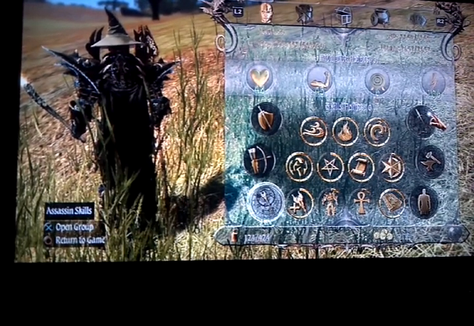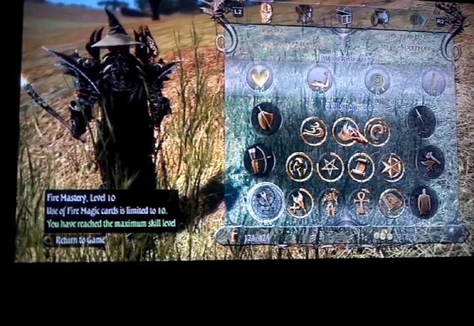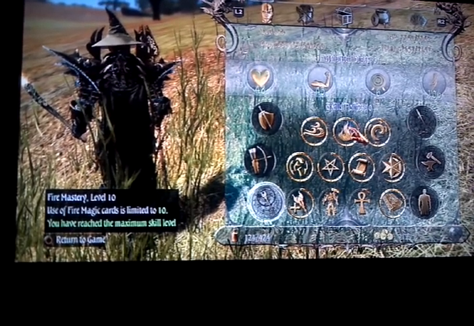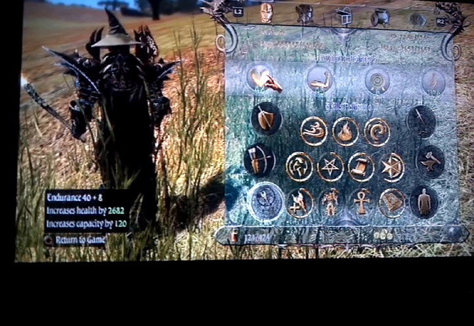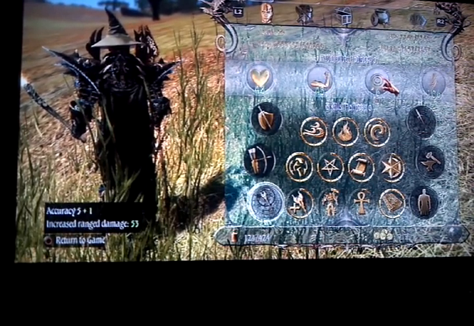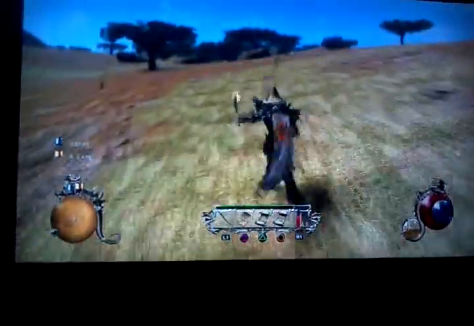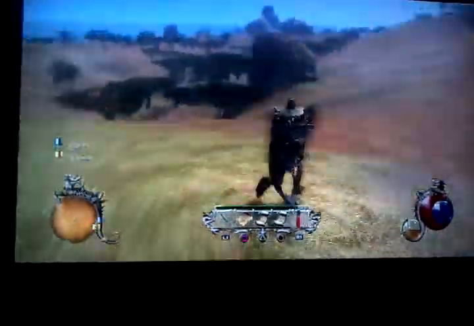You're going to need to get your willpower up to 45 before you can actually get these up to 10. Because to get to 10, you have to have your willpower at 45 max or higher. Mine is actually at 60, as you can see. My endurance is only at 40. But that's how you're going to do that. So basically, you're going to want to get your willpower up to 45. And then you're going to want to